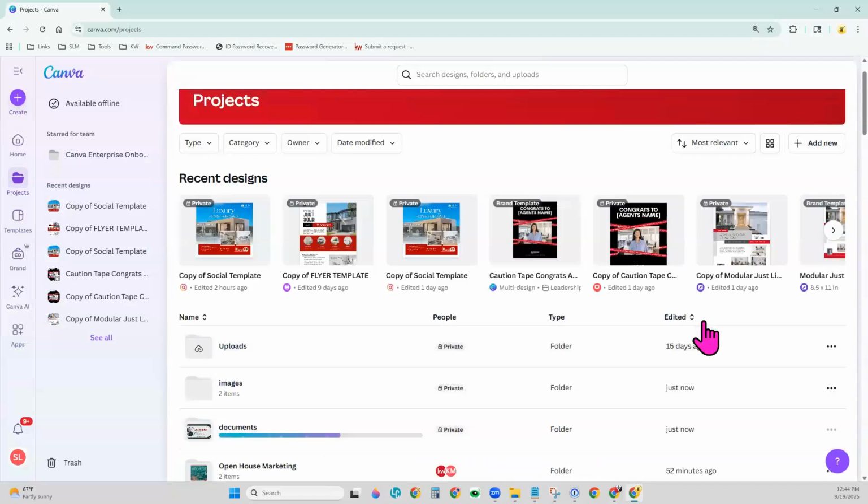And that's how you can easily get those previous designs and images from your previous Canva account uploaded into your